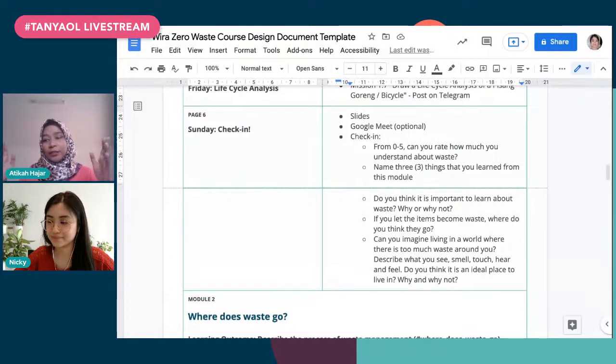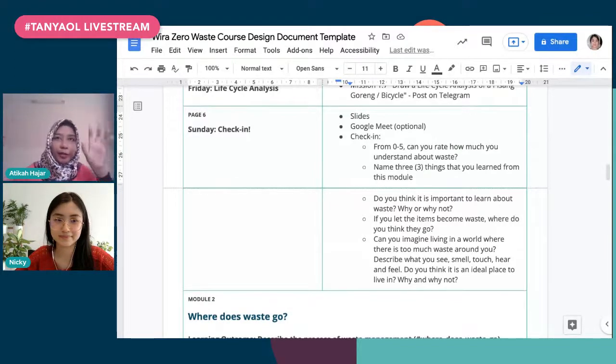Sometimes even when you already have a structure, when you create a template document, when you design a course, it helps you to imagine how the course will look. Because sometimes I have all these plans in my head, but then when I write it out on my template, I feel like it wasn't supposed to be like that.